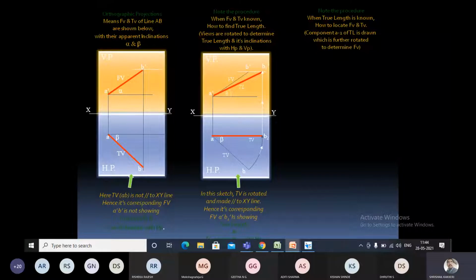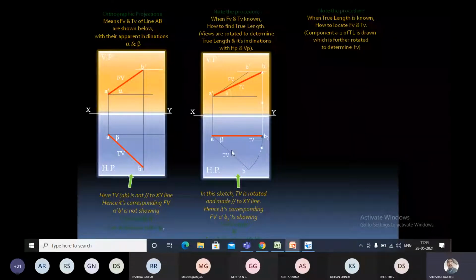Now, the same concept will be applied to draw the true length of the object in the top view. To draw the true length in the top view, take the apparent length of the object in the front view. Taking A as center and AB as the length of the arc, I draw this arc and project it over the locus of B. Where the locus of B and this line intersect, that line indicates the true length of the object. Now please write the first point.